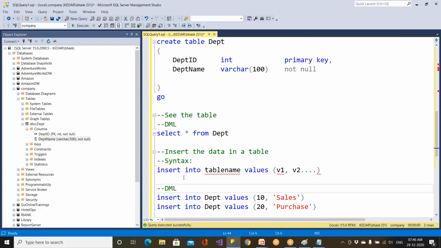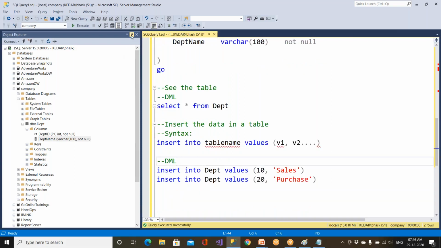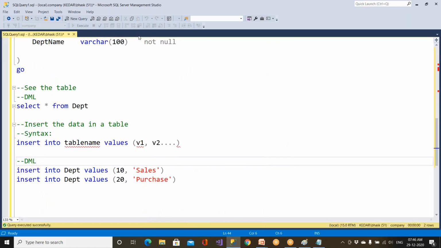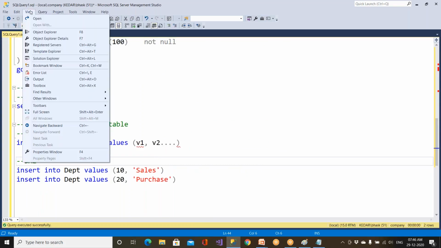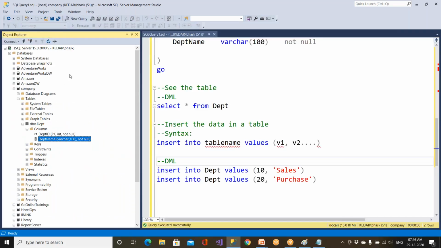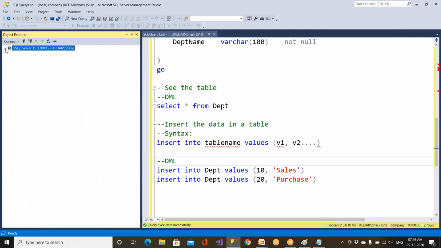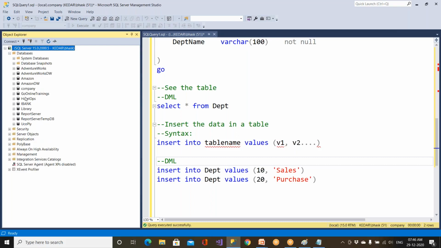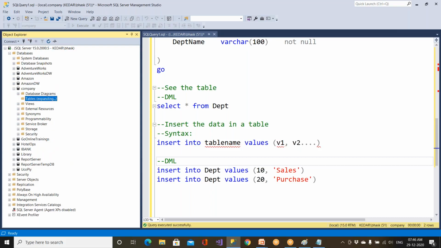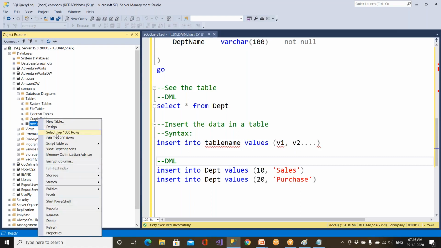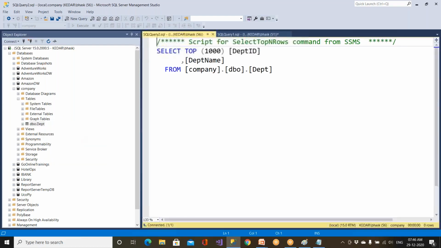We're going to be seeing a lot of commands. You can switch it off, you can switch it on. Clear like this. And if you close this by mistake, you can go to the View menu, Object Explorer. You should be able to get this. You can collapse it, and expand it, and you can refresh by clicking on this, and you can go to your database. You can see the tables, right? If you want to see the data, you can right click on this and say select top 1000 rows. You can see the data like this as well.